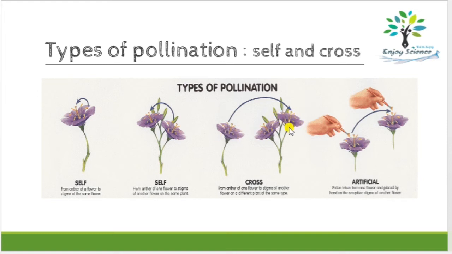Okay, two different plants, but of the same species. You have to remember there will be the transfer of pollen grains within two different plants of the same species. This is cross pollination. Okay, and in artificial pollination, you will manually take out the pollen grain from one flower and you will put that pollen grain on the stigma of another flower manually. And artificial pollination can be self pollination or cross pollination. Okay,